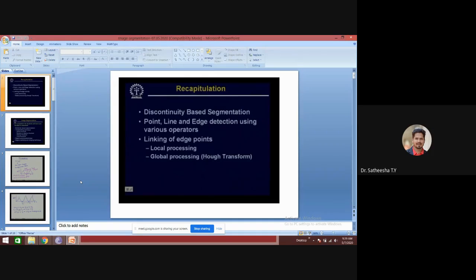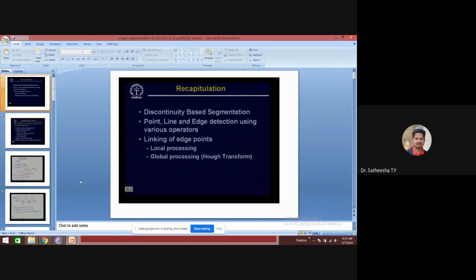For the last two classes, we have talked about discontinuity based segmentation, where the segmentation is done using the characteristics of variations of intensity values. When there is a variation of intensity from, say, background to a foreground object, we have seen various point, line and edge based operations which are used in the segmentation process.